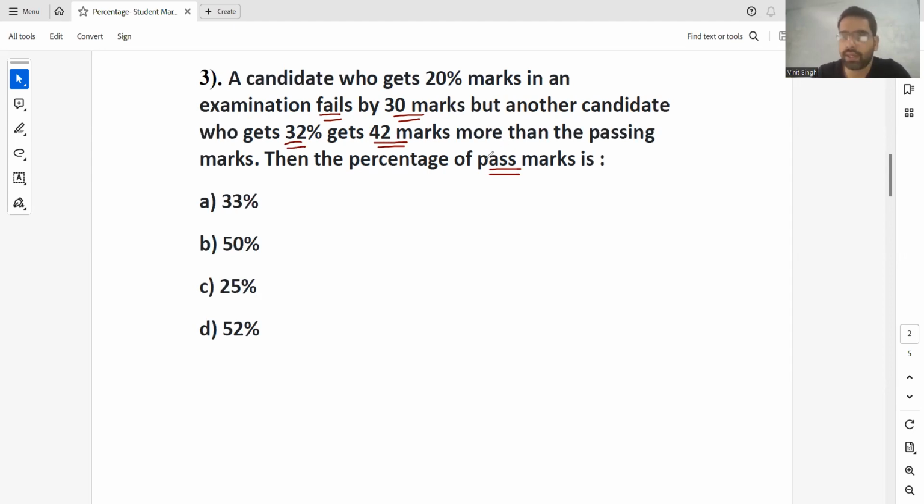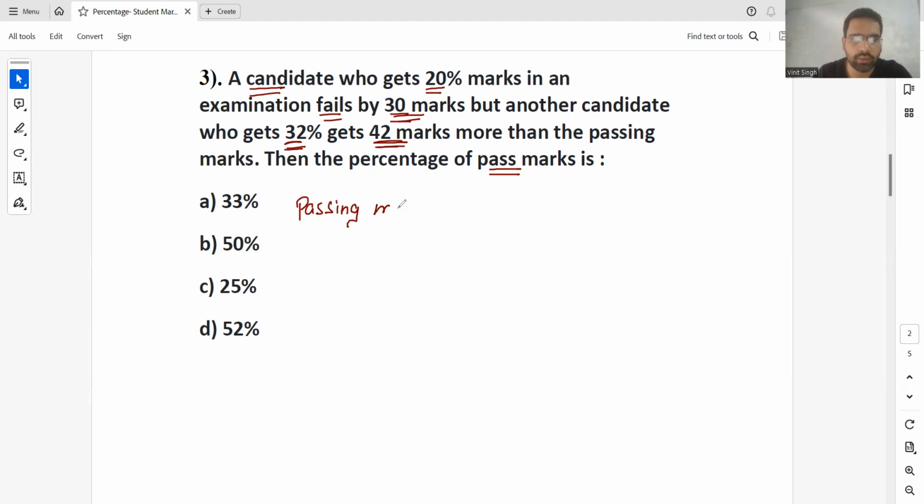Now, in a single examination, two students are there. The first candidate gets 20% marks and fails by 30 marks. Another candidate gets 32% marks and gets 42 marks more than passing marks. So the passing marks and the passing percentage for both students will be the same. So here we will write